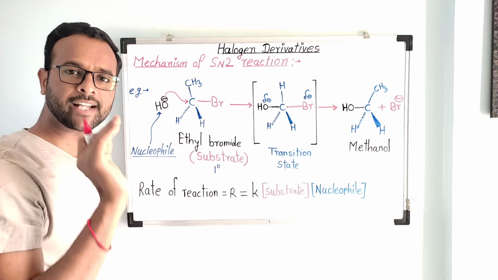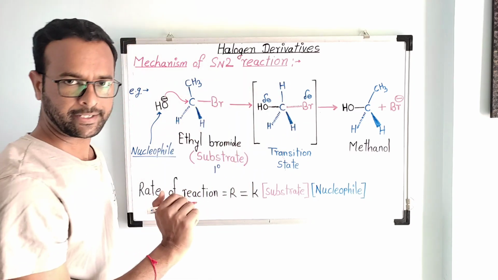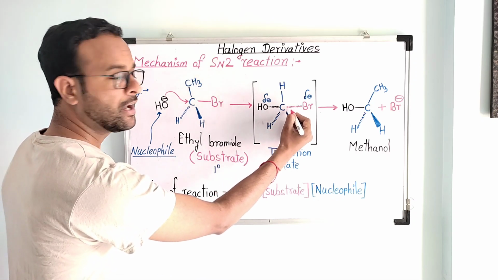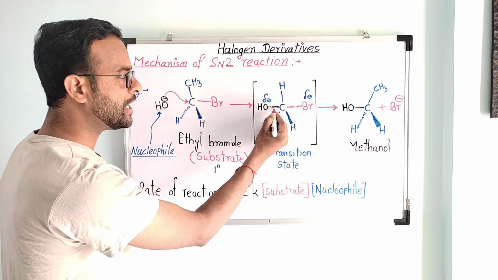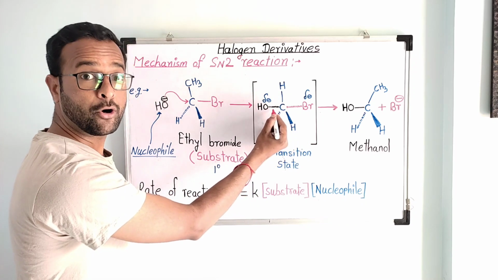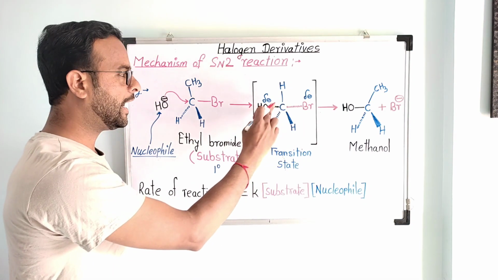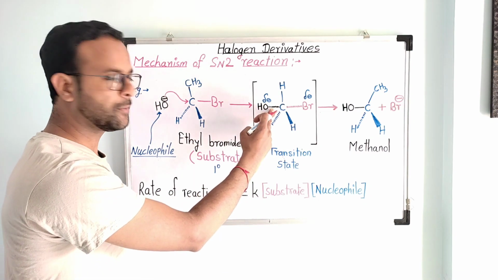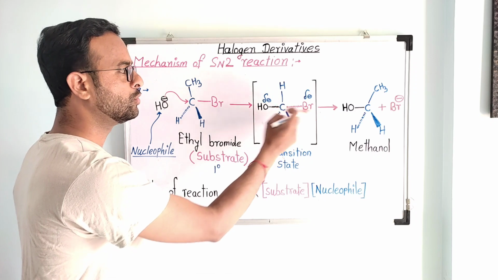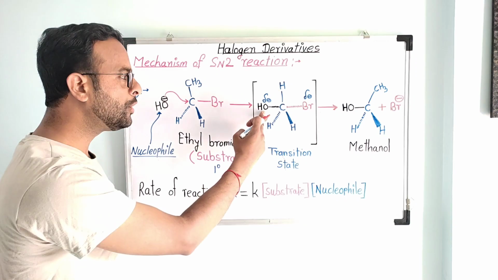What are you seeing in a transition state? In a transition state, the central carbon is pentavalent. You can see here, left hand side and right hand side, there is a partial breaking of a bond and partial formation of a bond. That is a simultaneous process of breaking and formation of a bond. Because of that reason, I showed partial negative charges on these two groups. This is the leaving group and this is the incoming group, that is the nucleophile.